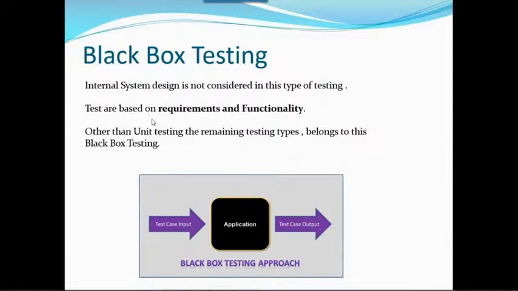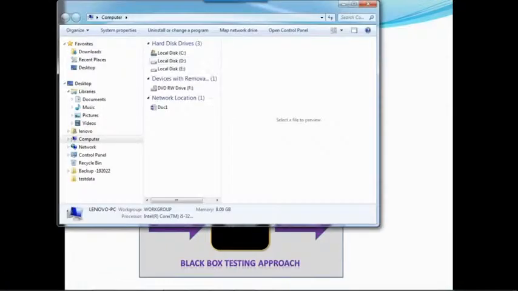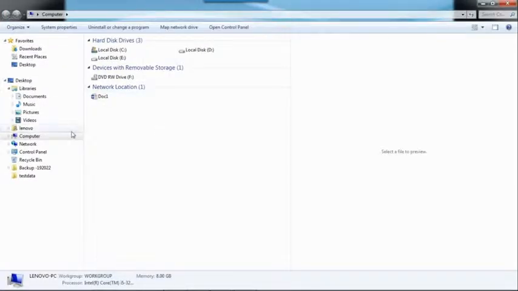I will show you one best example of how we will test. We don't see the code, but how are we able to test that application?